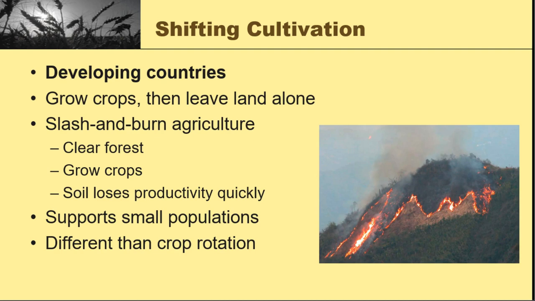And so you would just keep shifting, and then in the third part of your field, you may leave that open for the season so it can just rest, the soil can rest, and then you'll grow corn and then cotton and then rest, and then corn and then cotton and then rest, right? And so that's crop rotation. Shifting cultivation, you just abandon the land because it's not productive anymore.